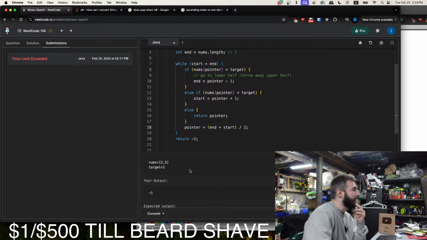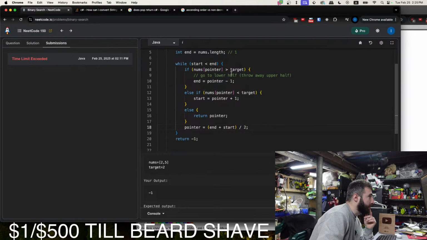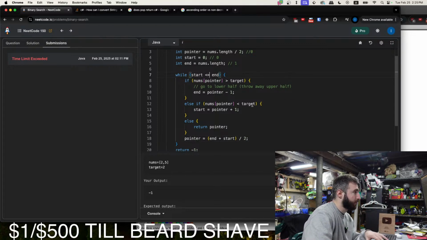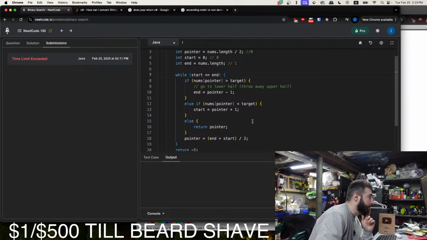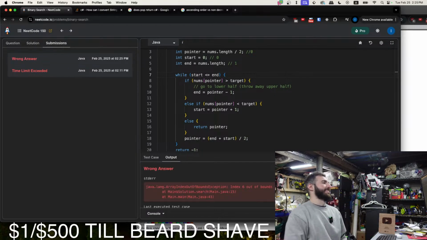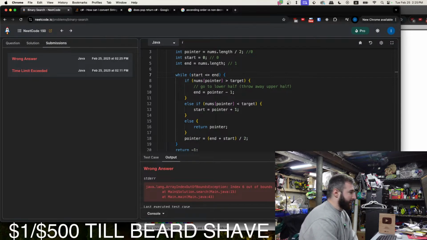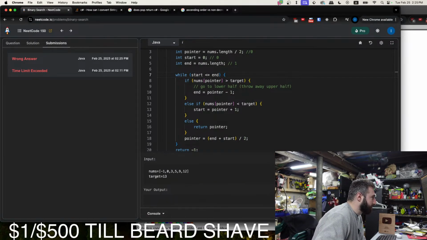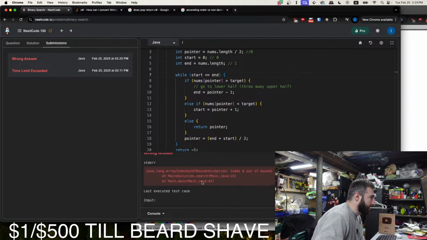So we still have the start and end equal to 0. Now if we, oh my god, dude. Index 6 out of bounds for length 6. All right, we have another error. Okay. We got an index out of bounds.